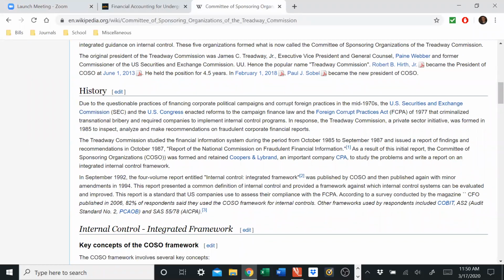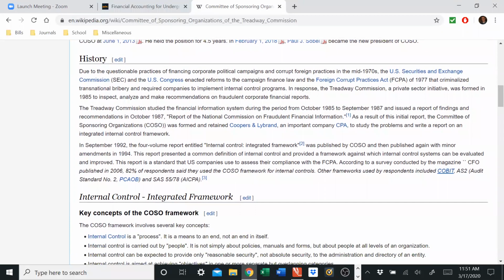This commission came about as a result of the U.S. Congress passing, based on the United States Securities and Exchange Commission, the SEC, based on their findings, the Foreign Corrupt Practices Act of 1977. That was an attempt to crack down on transnational bribery, and it required companies to implement internal control programs. And so in response, the Treadway Commission was formed, and basically the COSO,